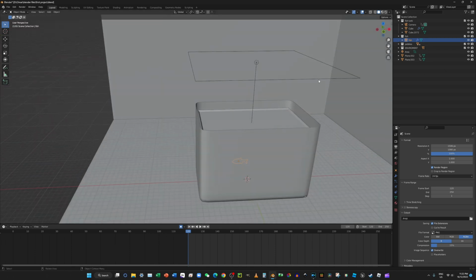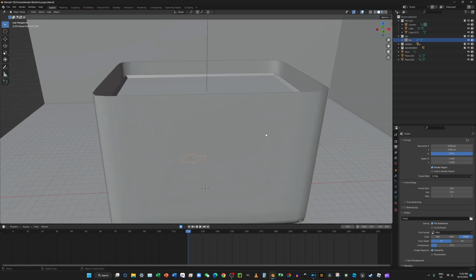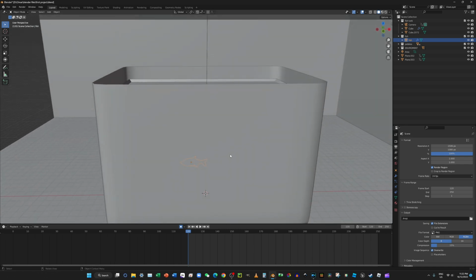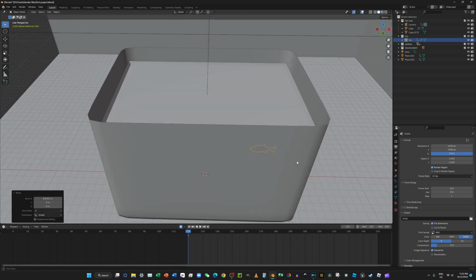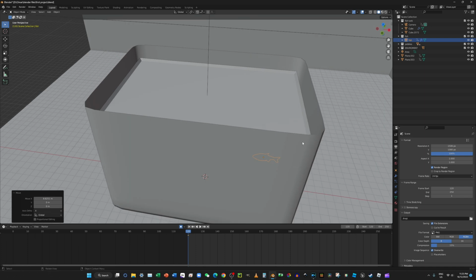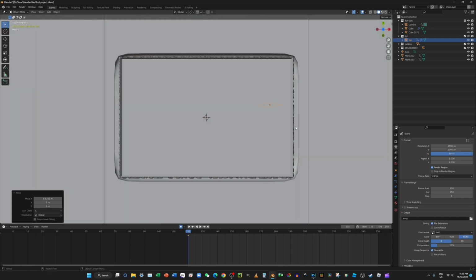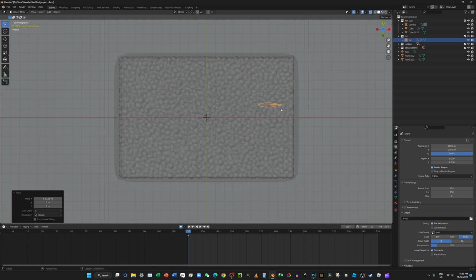So if we go to here, press G, X, move it here. If you go up to Z-axis, if you turn on X-ray mode, press I, location and rotation. And by the way, select this so